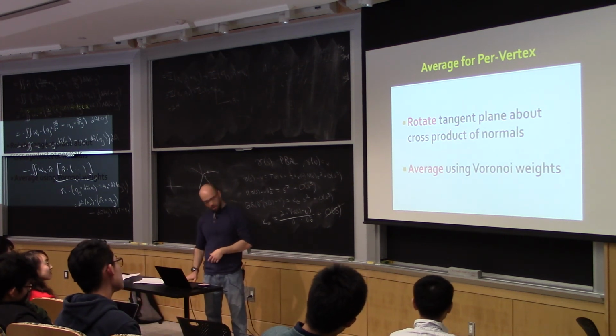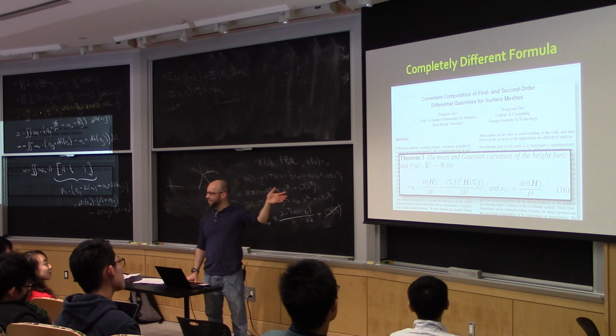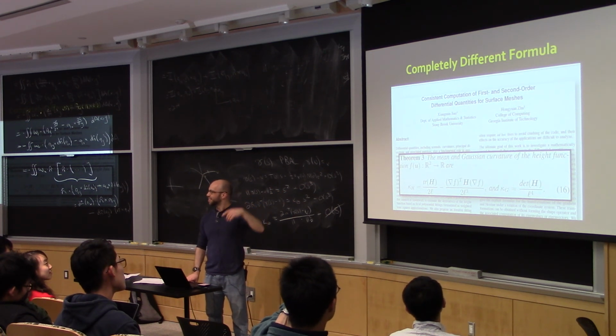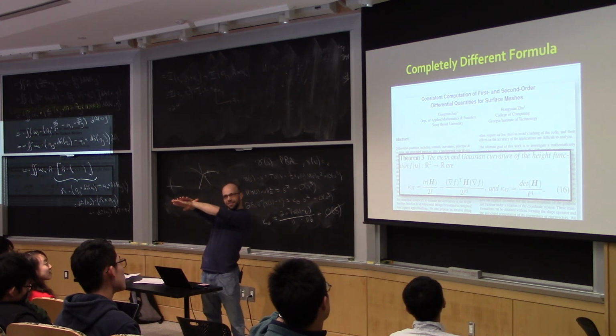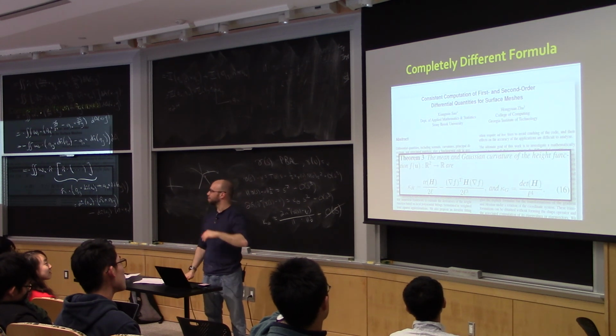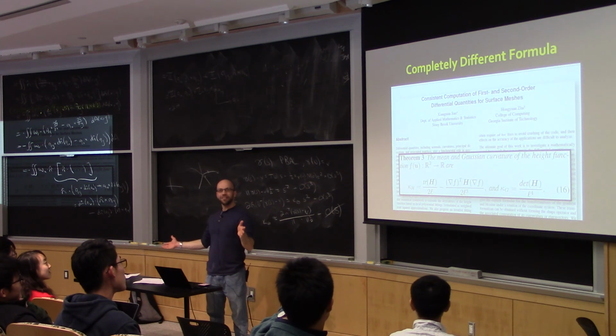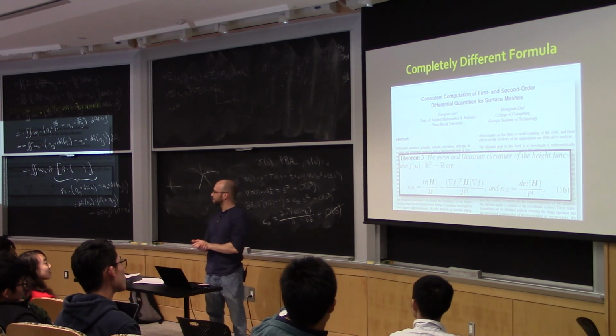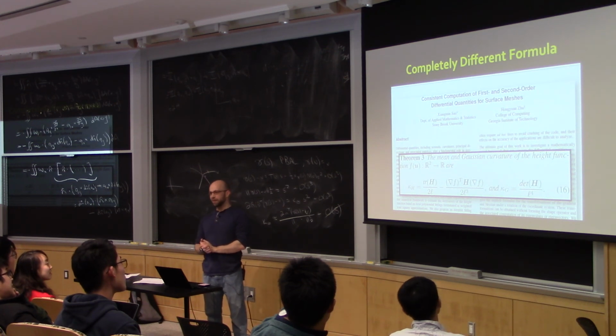Or yet another one: there are Gaussian curvature and mean curvature formulas you can get from a height function. Maybe you think of your surface as a height over some plane and compute from there. There are many formulas out there. For a long time, this was an easy way to write a research paper in geometry. These days, if you do, you will be rejected unless you have something smart to say. Actually, there's one exception to that rule.